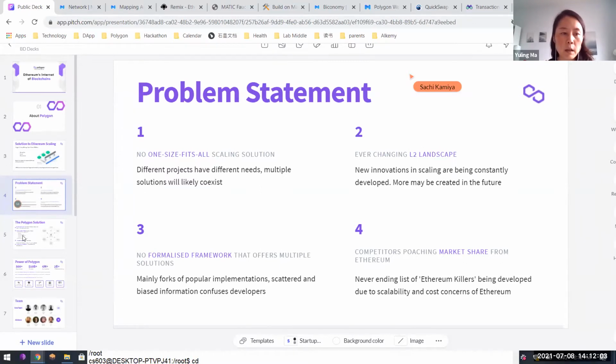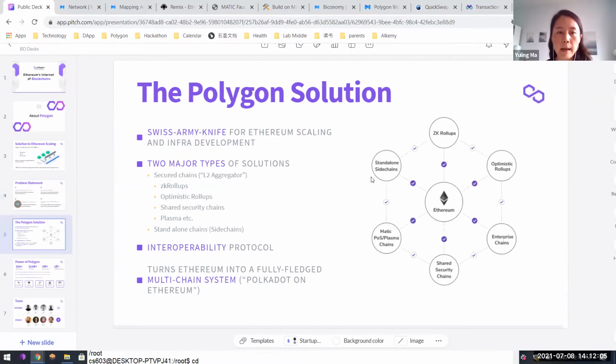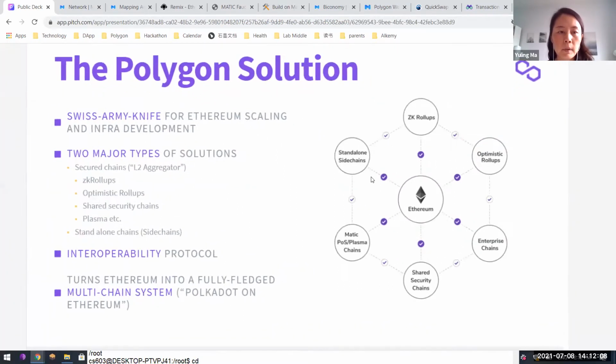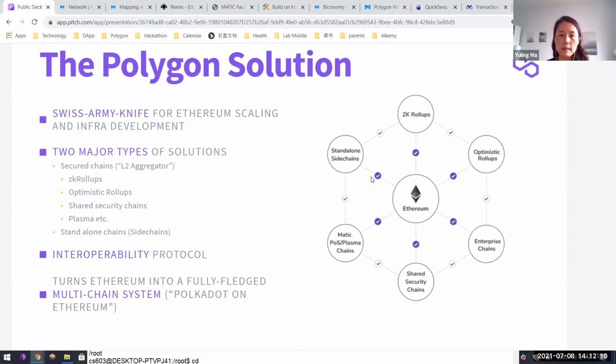If you look at the Polygon solution in this graph, having the Ethereum mainnet in the center as a hub to connect all those different solutions, should that be POS or Plasma or ZK rollup or optimistic rollup, we basically are able to